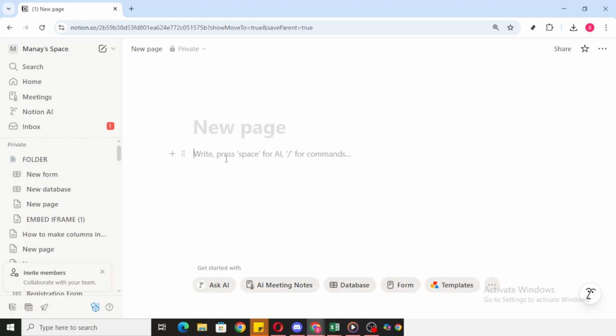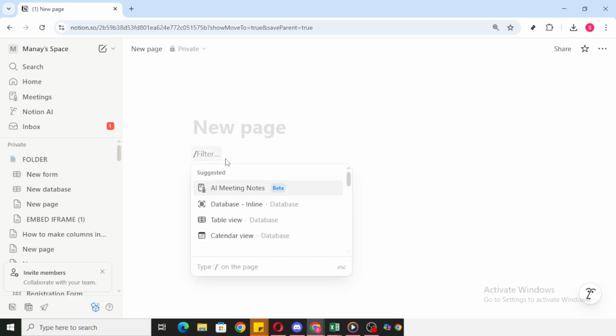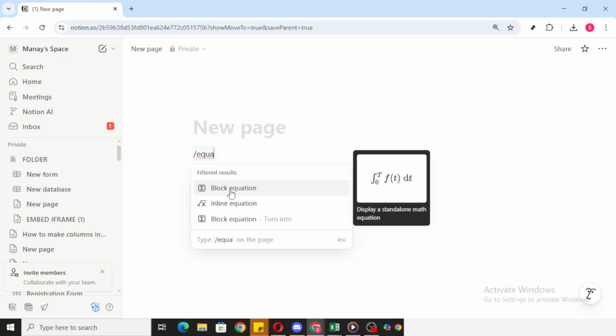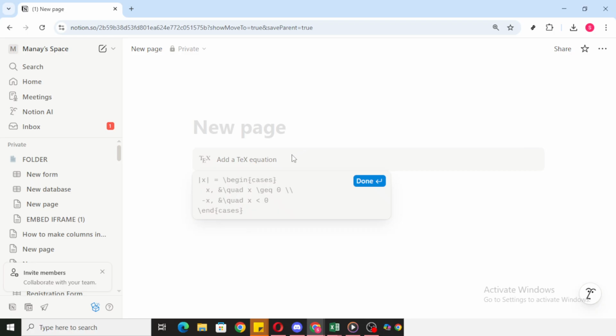Now it's time to insert the equation block that will do the centering for us. Click into the page where you want the centered line, then add a block equation. The fastest way to do this is to type a / to open the command menu, then start typing block equation and select it from the list. You can also use the little plus button that appears when you hover between blocks, search for block equation, and insert it that way. You'll see a special equation box appear on the page, and by default, this block is